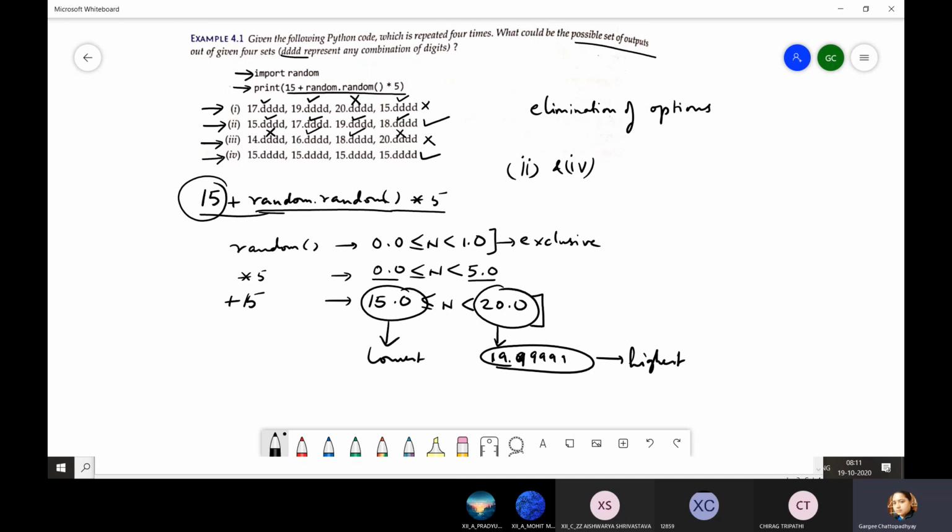And for all these questions, we will follow elimination of options. We cannot execute these, or the dry run is quite unpredictable. So you have to consider all possible options. You will first consider the lowest value which can be generated and the highest value, and based on that you will start eliminating your options.